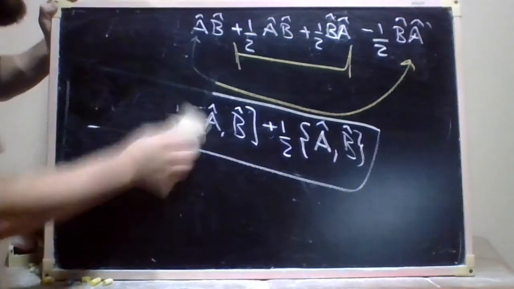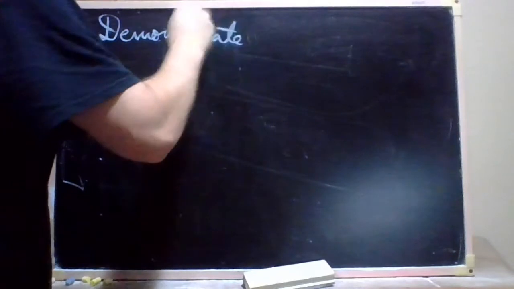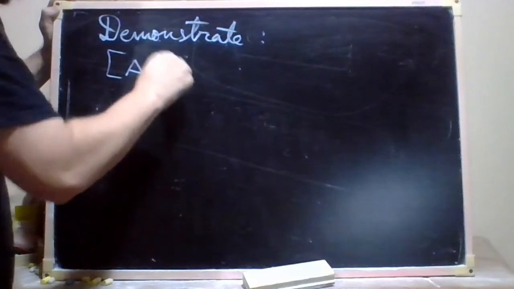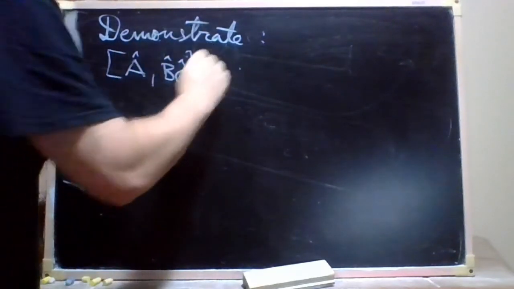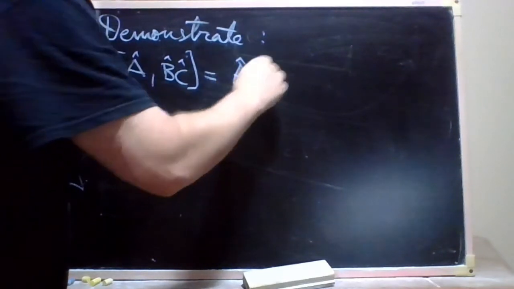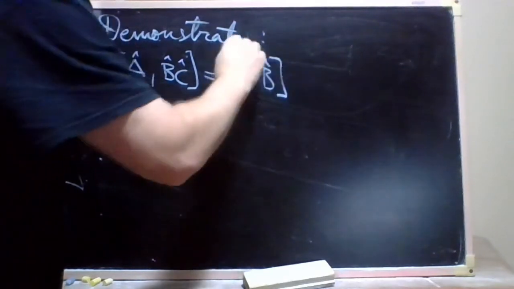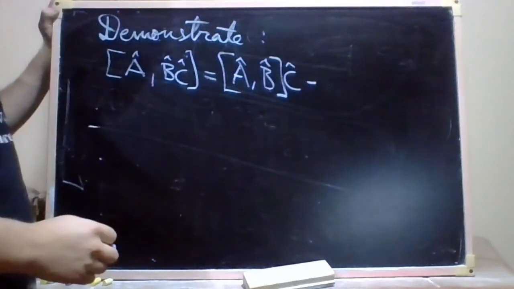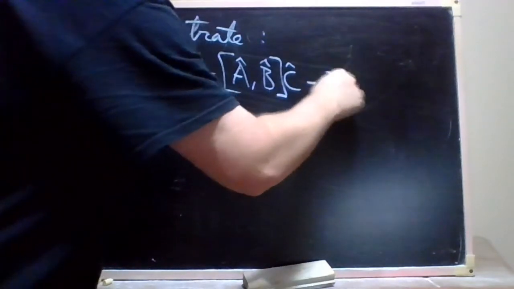I'll ask you for general matrices to demonstrate the following. Demonstrate: A, B, C, three operators here. You can find this is the commutator of A, B multiplying C, A minus B,